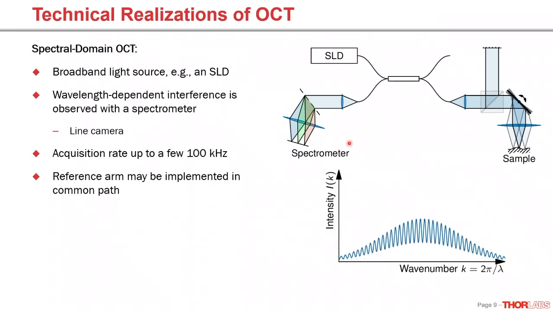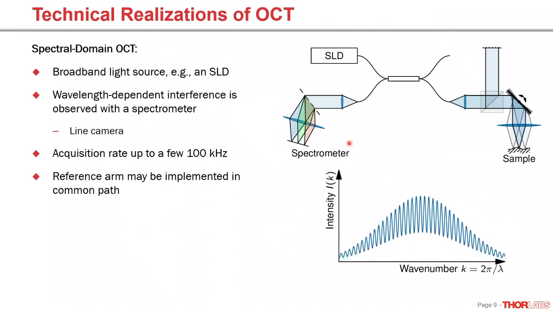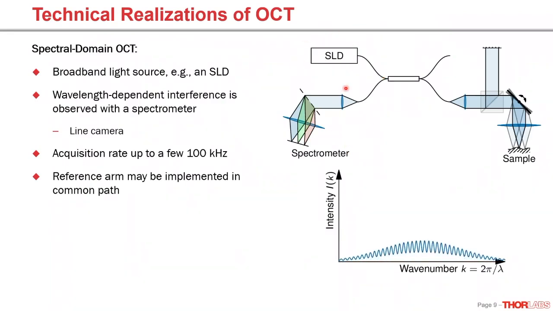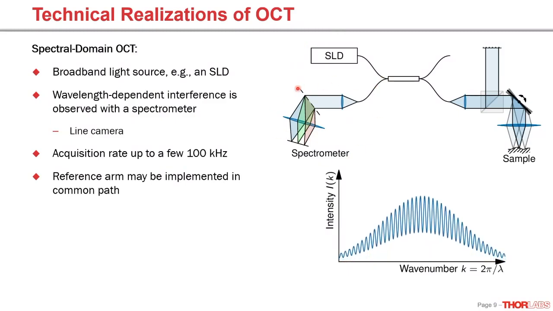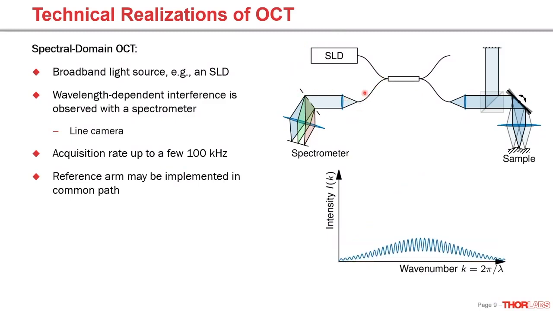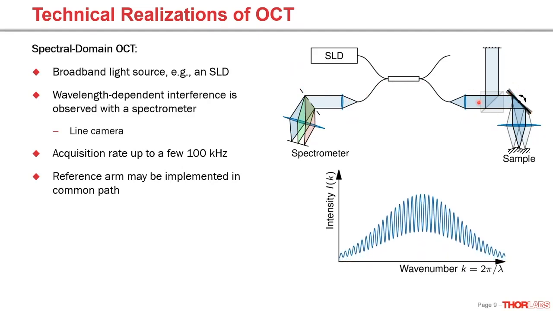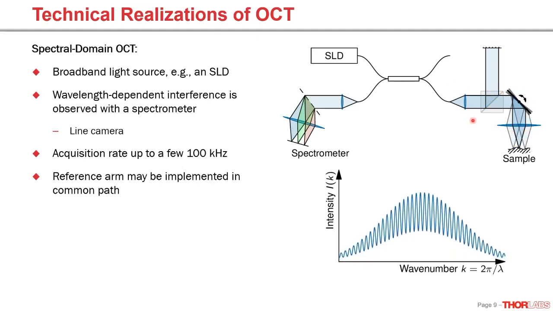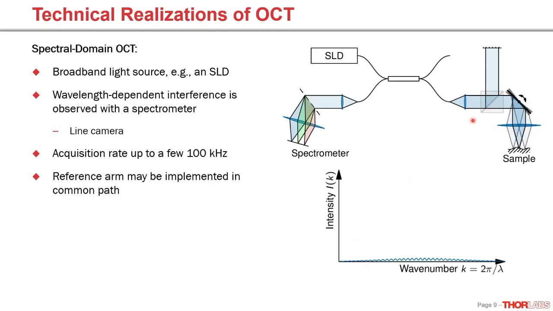To acquire this spectrally resolved, this wave number or wavelength resolved interference, in this case you use a broadband light source, and then you use a spectrometer to detect that. And you can also make this with a common path interferometer, where you have the reference arm and the sample arm put very close to one another, so that they are mostly fixed,